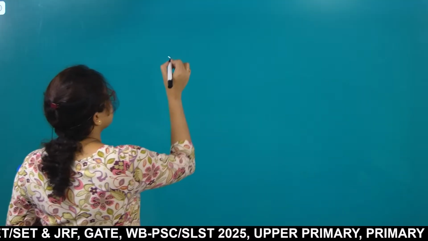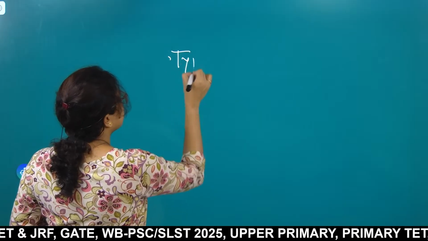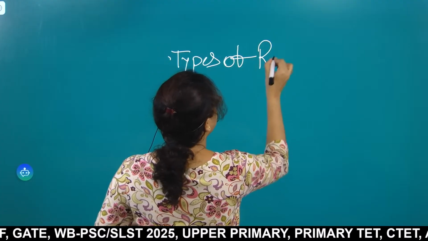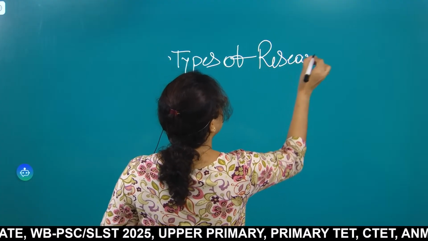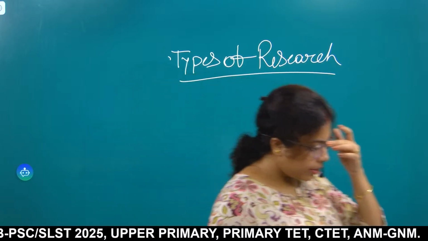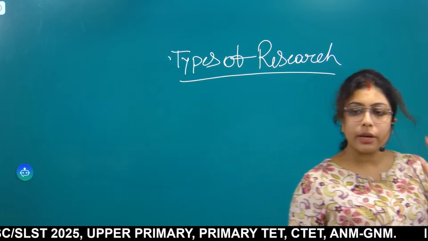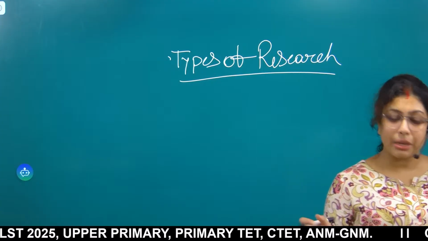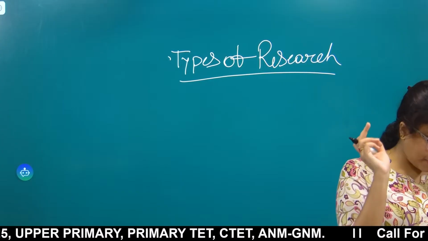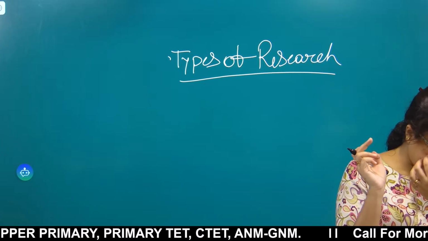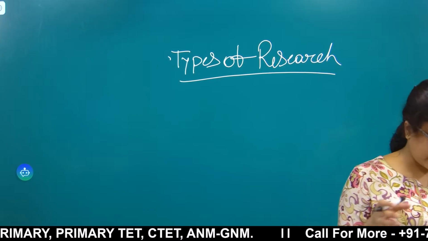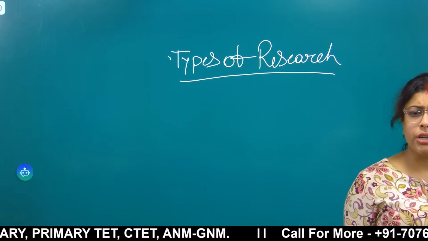Now let us concentrate on types of research. According to the classical perspective, classical model, there are three perspectives or criteria that are used in making this division of researches. Okay, so first one,